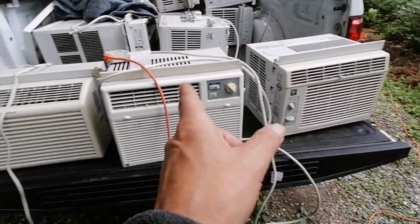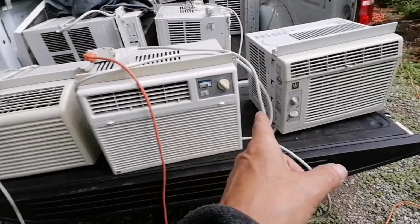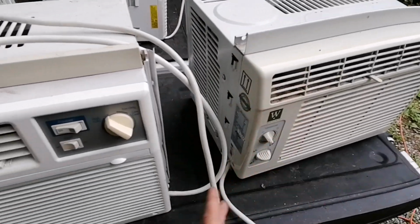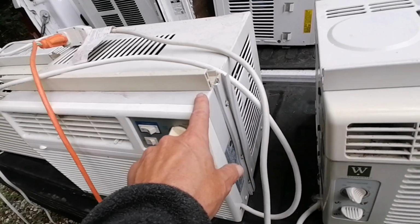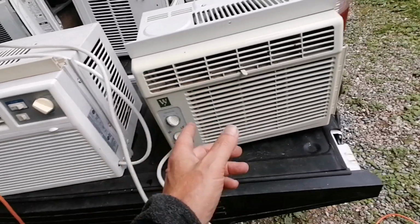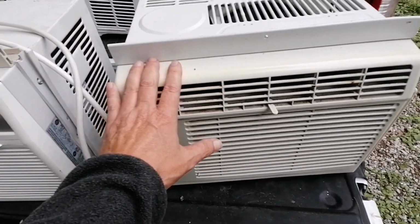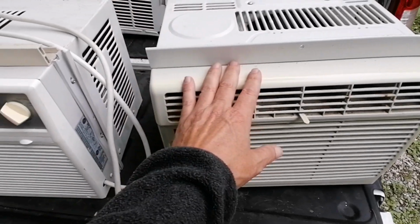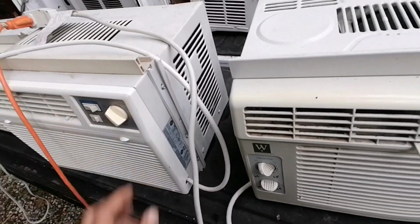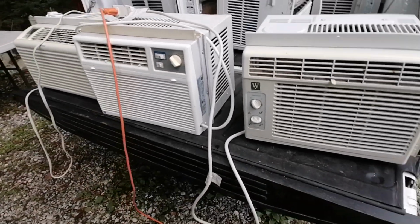No panels. I do not have any panels for these Arctic King style, the small ones. I don't have panels for this either. I know because I've got like 5 or 6 of these without panels. And I've got 2 or 3 of these I don't have panels for. All right, so